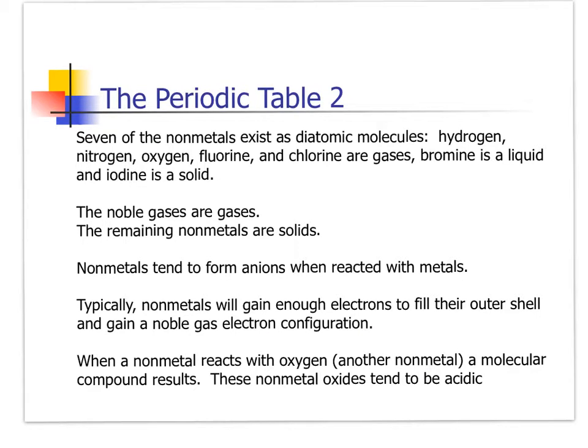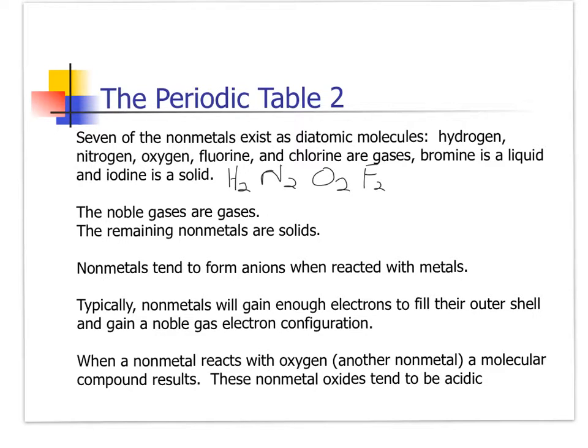Now, a lot of these nonmetals are very important when it comes to our everyday life, and that is the 7 diatomic molecules. This is going to be the first time, but we'll talk about these time and time again. The 7 nonmetals that exist as diatomics, meaning they exist as a molecule, such as hydrogen, and let's look at nitrogen, oxygen, that's O2, that's actually what we breathe,